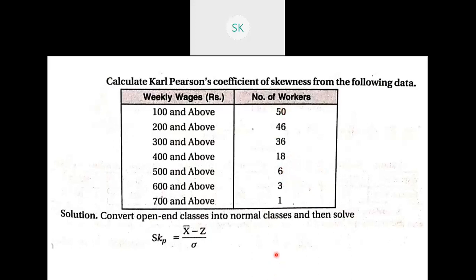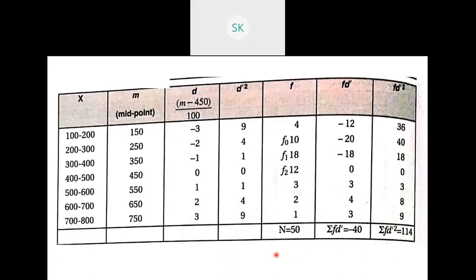So let's see in the solution, in the first table, how the frequencies are calculated. First we have written the class intervals. Class interval 100 and above, so 100 will be the starting point and above that will be 200. Like this, 100 to 200, 200 to 300 until 700 to 800 will be calculated. Next, let's come to frequency. So frequency is here, this column.